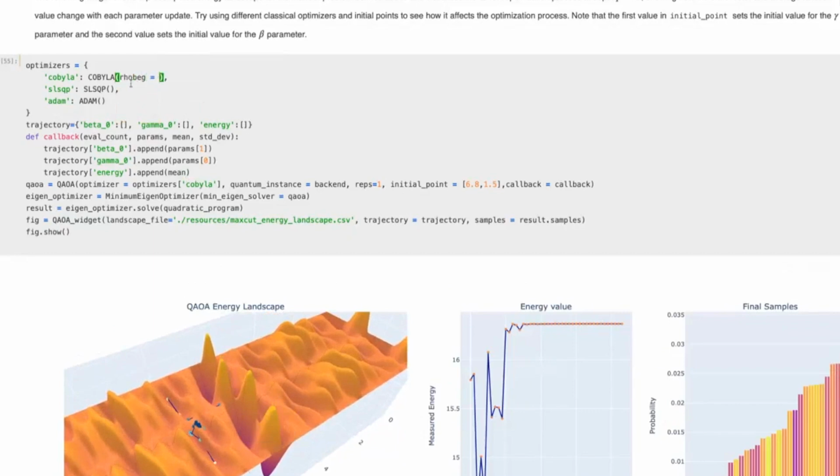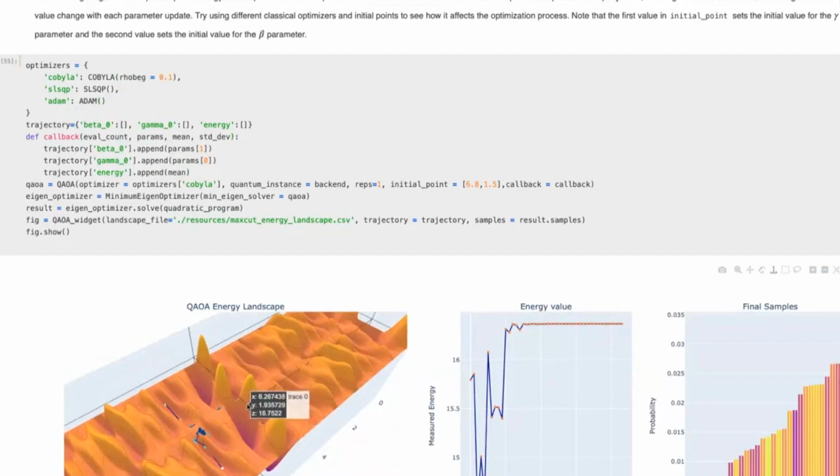So this would be the initial change that it applies to the parameters in order to gauge the energy landscape. And so by making it smaller, we might reduce this effect of COBYLA shooting off to the distance somewhere and keep it more towards this close optimum, towards this global optimum.